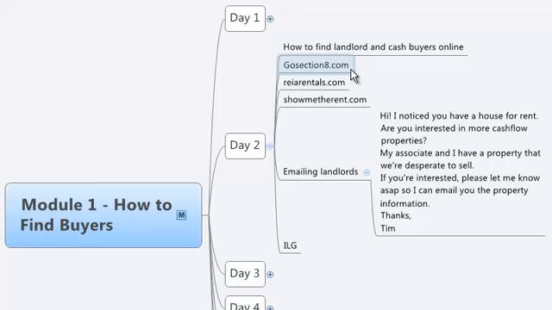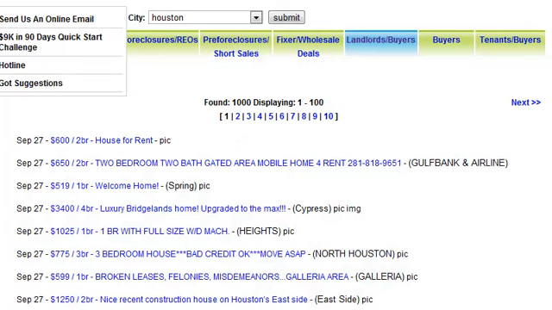Now the thing with GoSection8.com is you do need to have an account to be able to view those properties. And so when you go there, make sure you sign up for a tenant account. Sign up for a tenant account on their website, as if you are a tenant looking for these properties. And so once you have a tenant account and you log into it, you can then